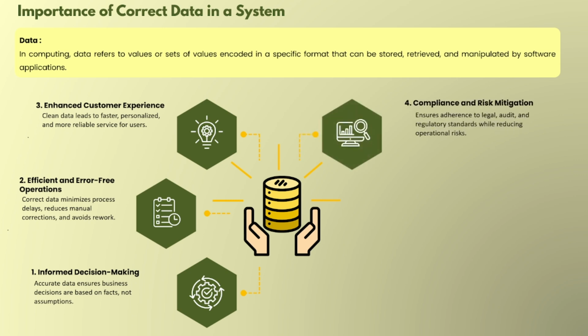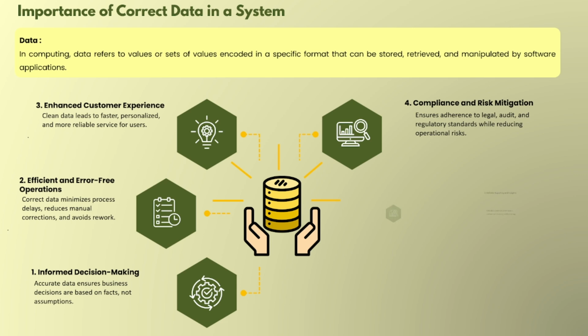Then compliance and risk mitigation. Correct data helps us to stay out of trouble, whether it is audit, legal checks, or industry rules. It means it keeps everything clean and safe. So this is again very important. It is related to the company's compliance and